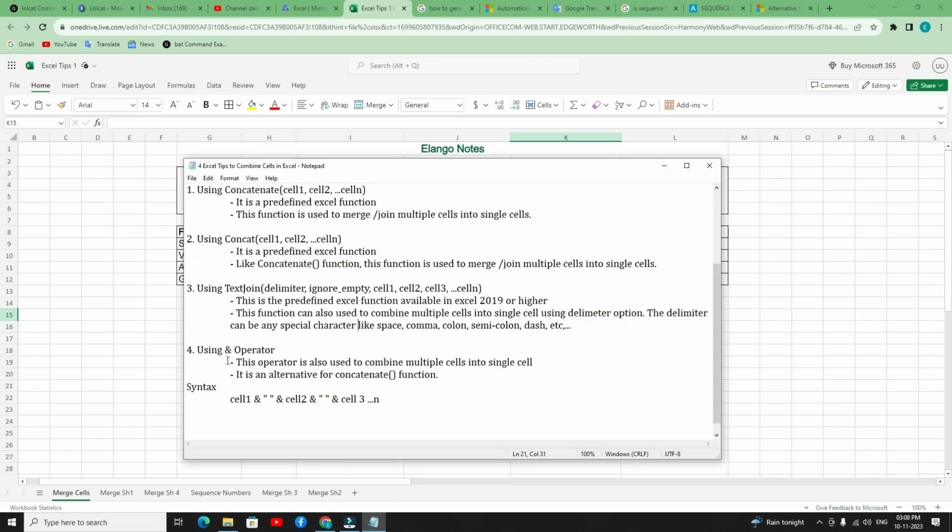Then the last one is the AND operator. In the last 3 examples we have used the predefined Excel functions, but using this approach there is no need to use any Excel function. Simply we can use an AND operator to merge or join multiple cells into single cells. Okay, it is an alternative for the previous functions. So the syntax is